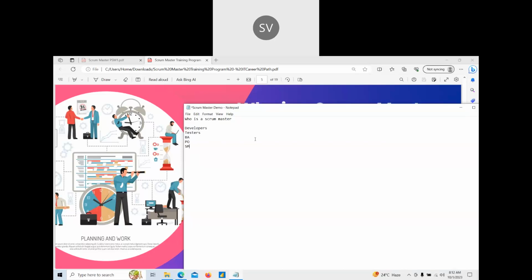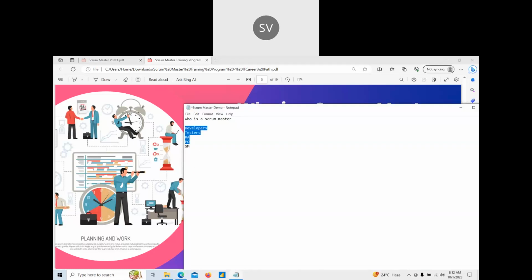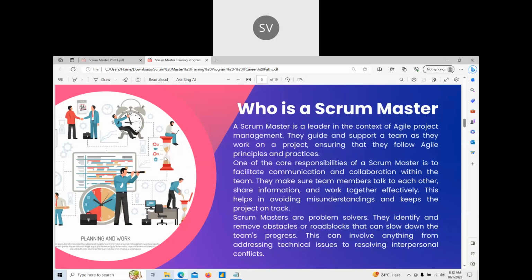The Scrum Master acts as a leader for all these team members. When I say leader, he is not an authority figure, but he is on top of the team, including the business analyst. A Scrum Master looks into the team activities, similar to a project manager role, but it is not a project manager.